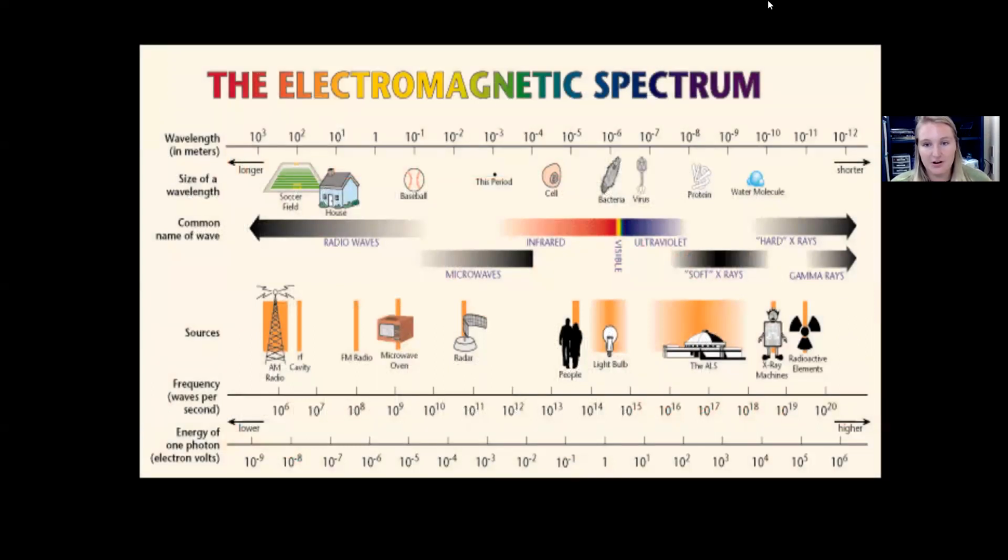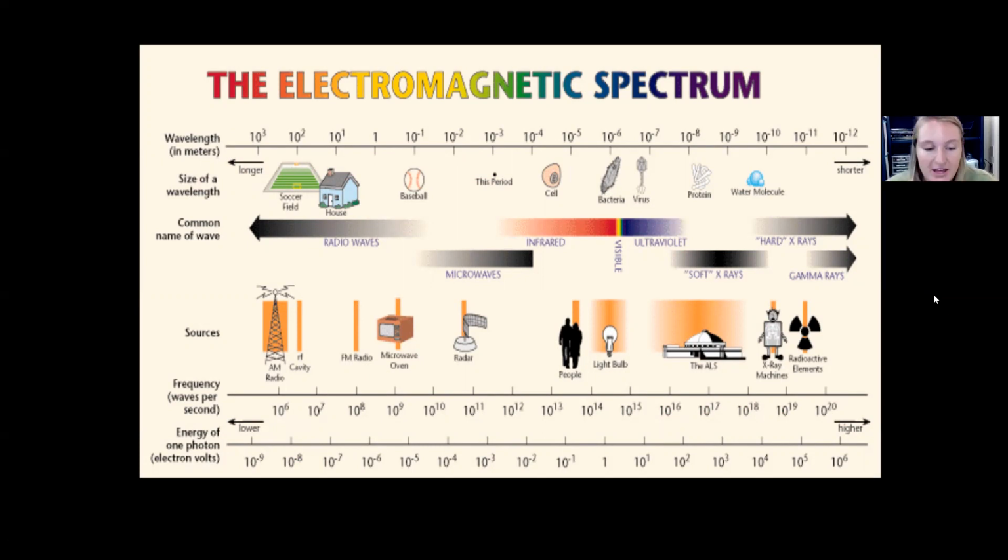And this is just a picture of our electromagnetic spectrum. So you can see it laid out. Down here, it gives you our frequency, which you can see increases as we go up to the gamma rays. If we had the wave illustration on here, it has the numbers, but it doesn't have the illustration. You can see our waves are a lot longer down here by the radio waves, and then get shorter and shorter as we go up to the gamma rays. So you can see wavelength and frequency, they're opposite. This one goes up as we go toward gamma, and this one goes down as we go toward gamma.